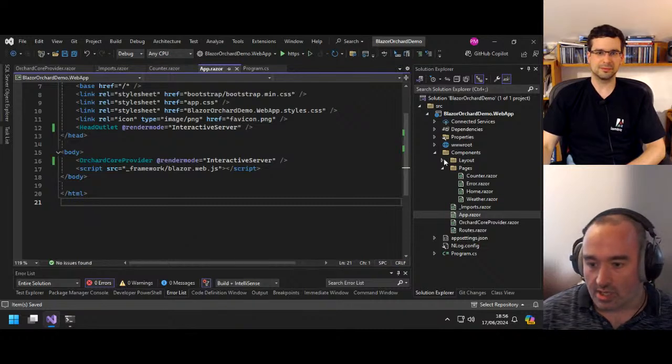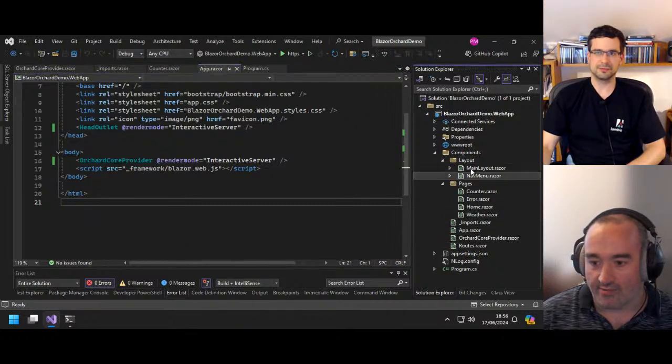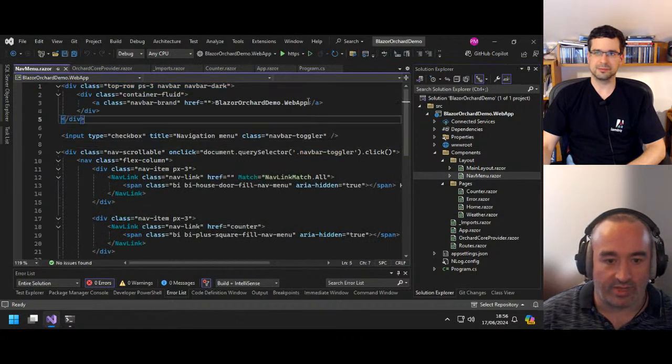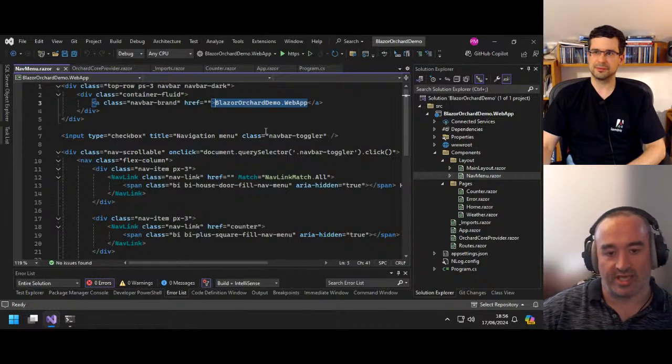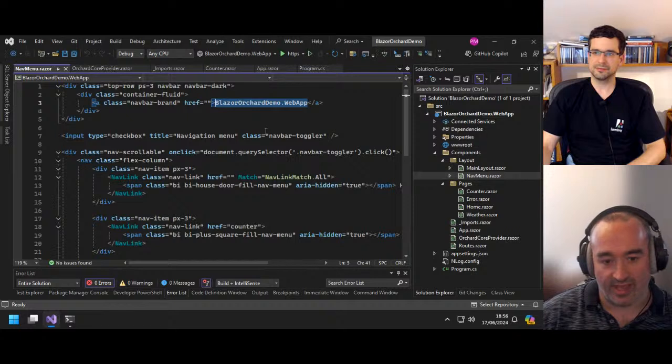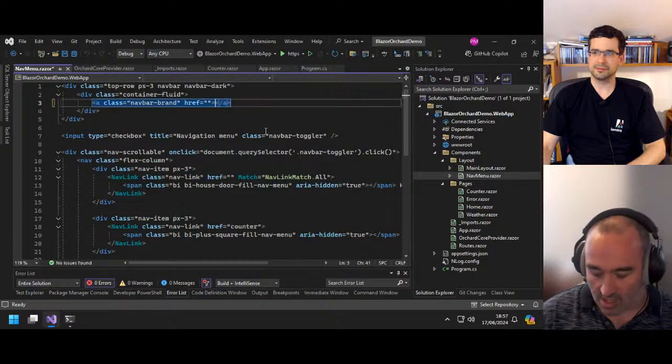And so now if we look in our nav menu here, we have the name of the application here. But we want this to be the name that we set within Orchard rather than this Blazor Orchard demo.web app. So here we can